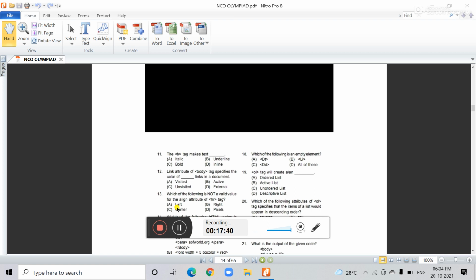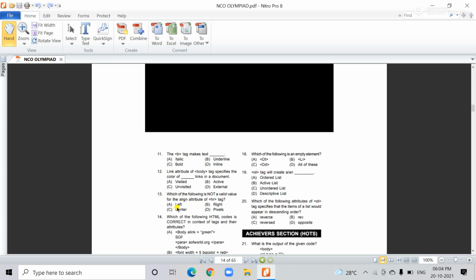So the correct answer is pixel. Pixel is not used in the HR tag, but the others, left, right, and center, are all used.